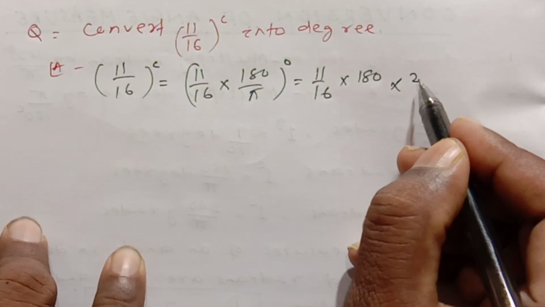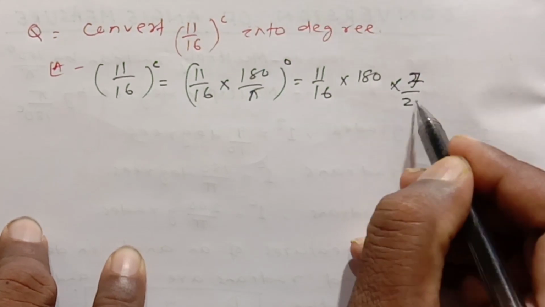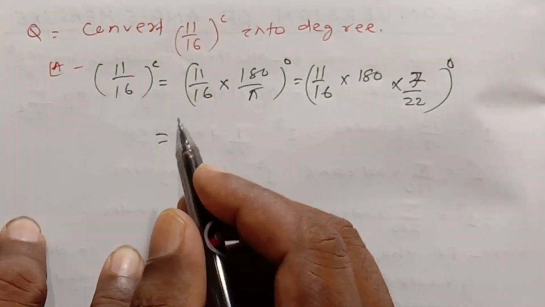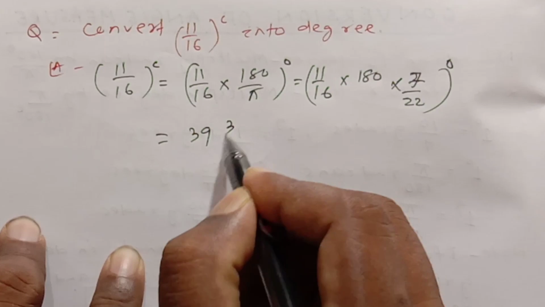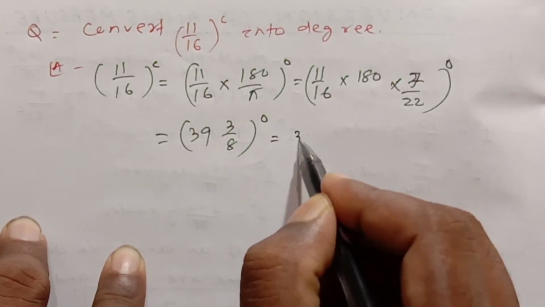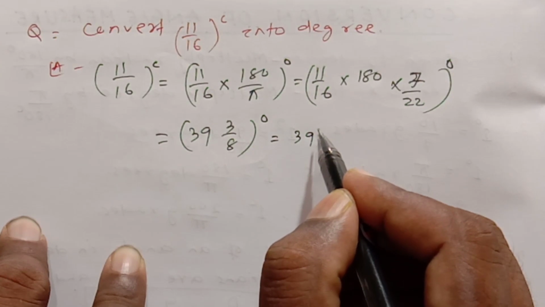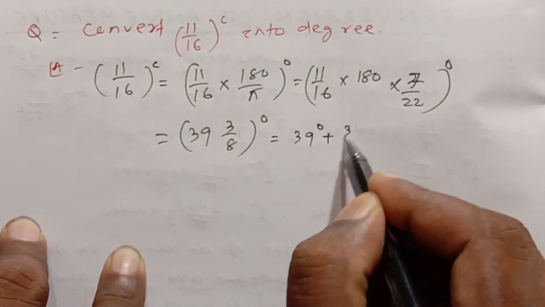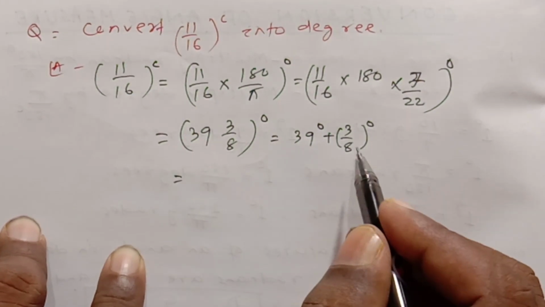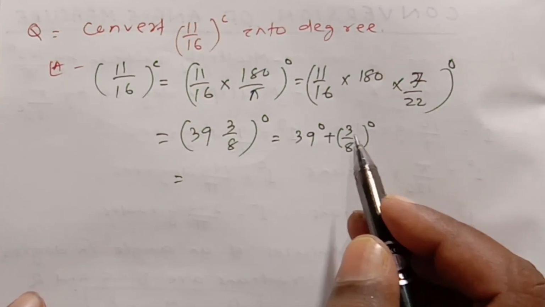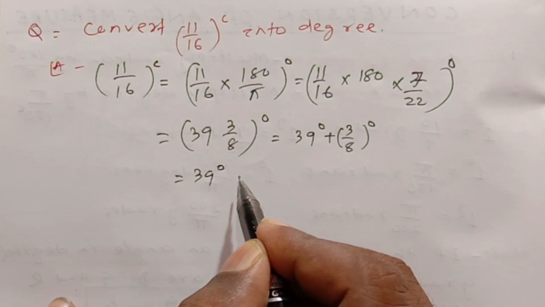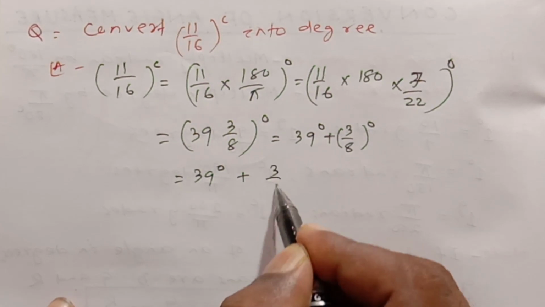That's why we multiply 7 by 22 degree, and after simplification this will give you 39 and 3 by 8 degree, and this is actually 39 degree plus 3 by 8 degree, and we want to convert it into minute and second. So in order to convert it into minute and second, we have 39 degree plus 3 by 8